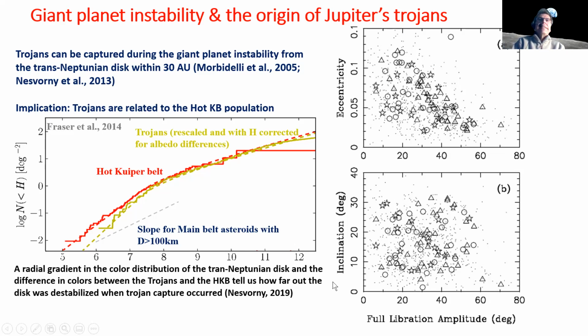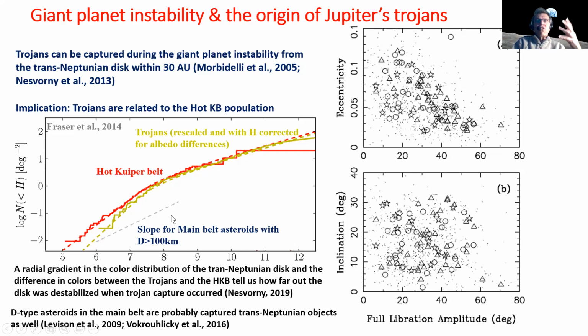And finally, remember that the Trojans have this color spectrum typical of D-type asteroids. The simulations of the instability show that trans-Neptunian objects are not only implanted in the Trojan region, but also in the 2 to 3 resonance with Jupiter and also somewhere in the asteroid belt. So all D-type asteroids that we see scattered around in the asteroid belt are probably parented to the Trojans, so parented to the hot Kuiper belt. So they are captured trans-Neptunian objects in the asteroid belt, which is very exciting and allows us to make in situ studies with space missions without having to go as far as 40 AU, which of course is very costly and